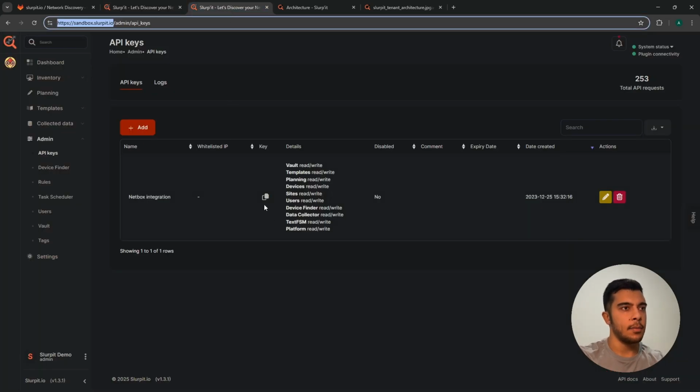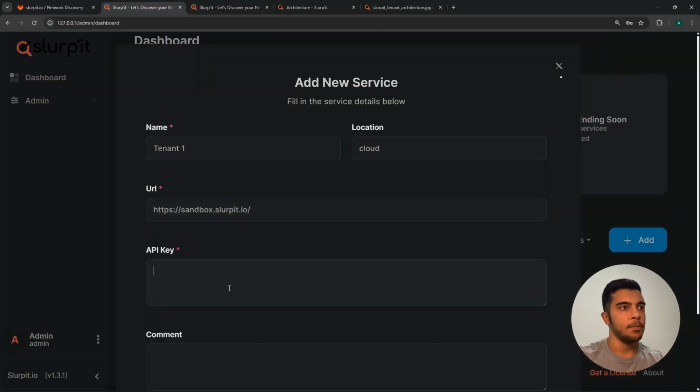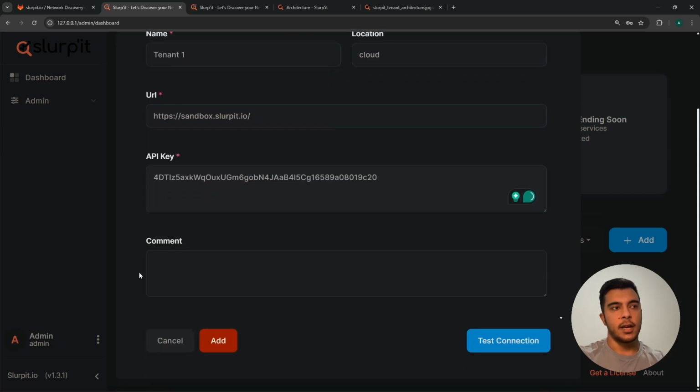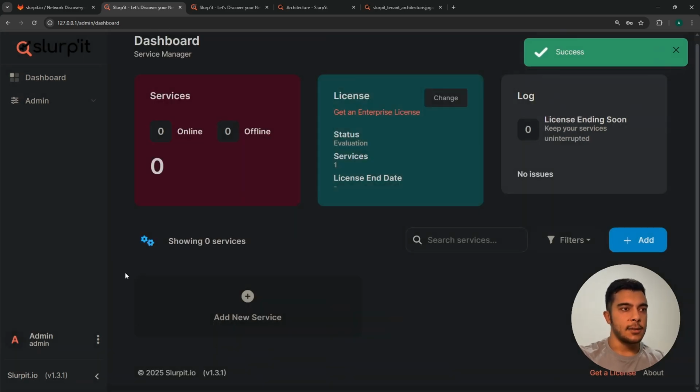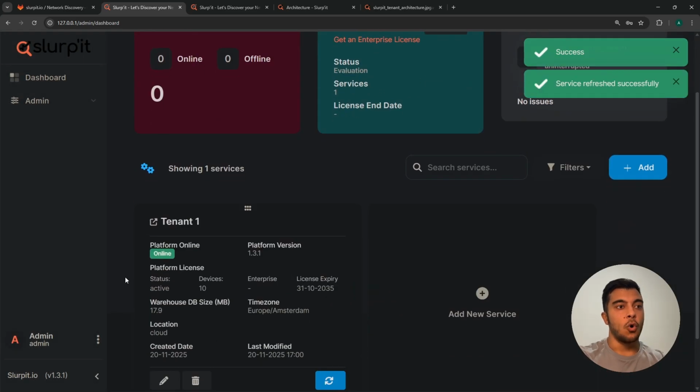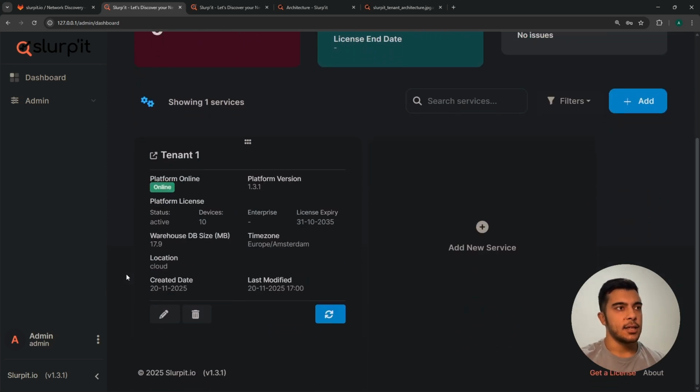And on the sandbox, I will use the API key for the connectivity. Before I add, I can test the connection. Service is online, so I can successfully add the service or the remote tenant instance. I can see details such as platform online, it is online, platform version, license, and other details. If you want to manually refresh and see the new status of the tenant, you can hit this button,